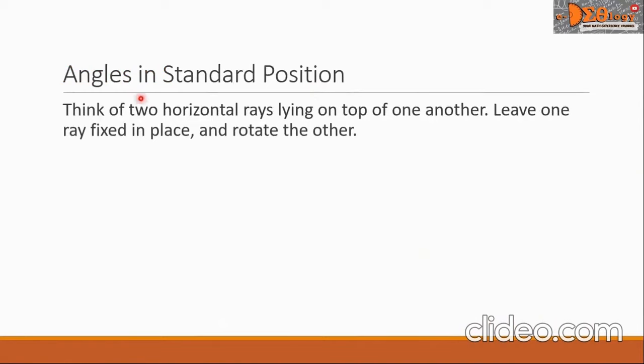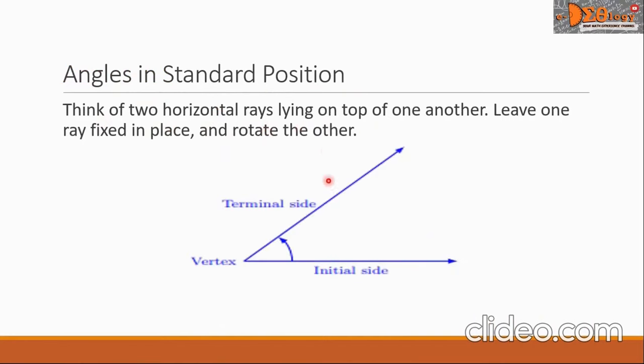Let us draw now the angles in standard position. Think of two horizontal rays lying on top of one another. Leave one ray fixed in place and rotate the other. I have here the figure. The fixed ray is called the initial side. The rotated ray is the terminal side. The vertex is somewhere here. And we can see the amount of rotation as shown by this arc with an arrow showing the direction of